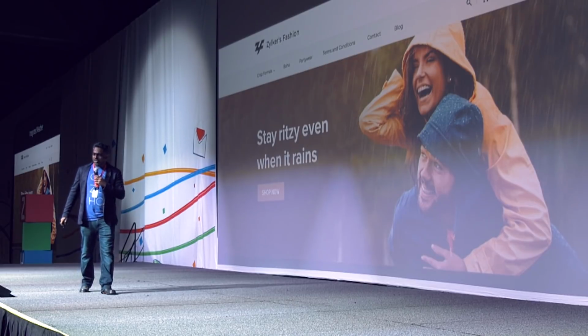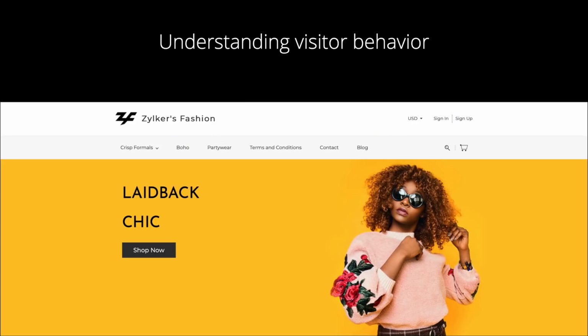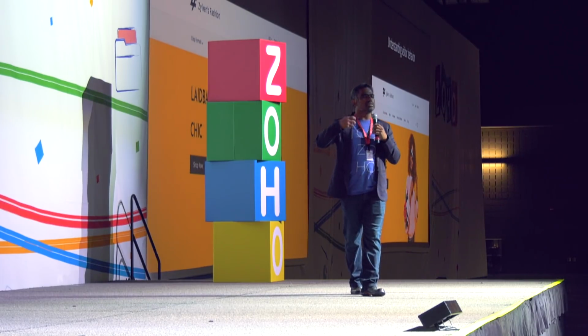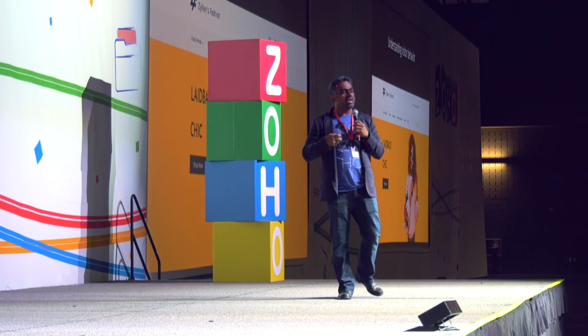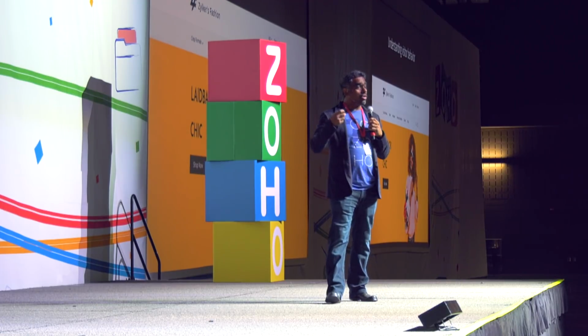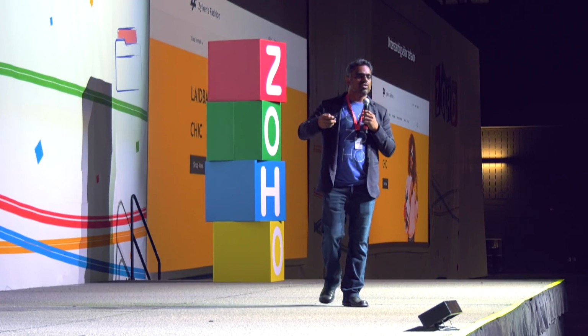Personalization certainly is one part, but tangential to personalization is understanding user behavior, based on which you can personalize the experience. Again, powered by Zoho's PageSense application, you can know and understand user behavior right on every page of your website.